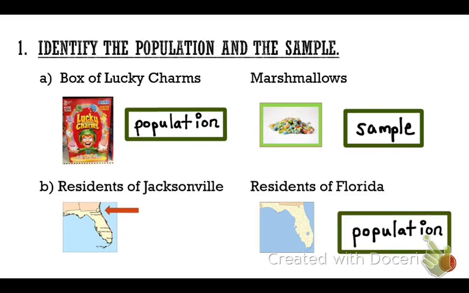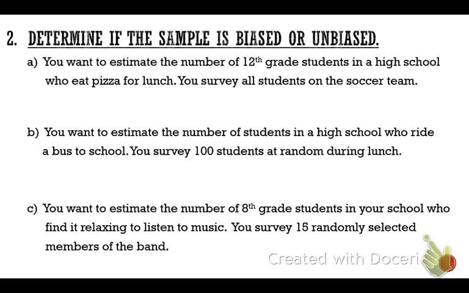So then we're just going to take a part of the residents of Florida. What do we call it if it's just a part of the population? That's our sample. So next to this one, go and write sample and then box it in. Are you guys understanding the difference between a population and a sample? Yes. Which one's the big one? The population. And which one is the part? Sample. Very good. Okay, now we're going to move on and focus on, within a sample, if something is biased